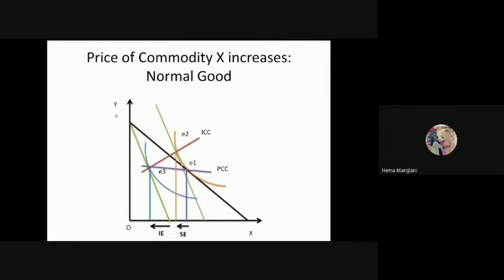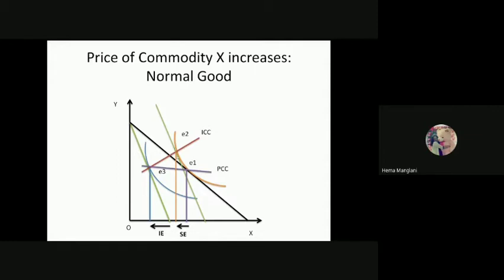So this green line is actually shifting leftward, and this is indicating that the price of X is now increasing. Then I will take the pivot of it. This pivot is a parallel shift, indicating that the slope of the prices would remain the same. The new prices will now have a tangency at this E2 point. So from E1 to E2, the consumer would like to substitute commodity X with Y.